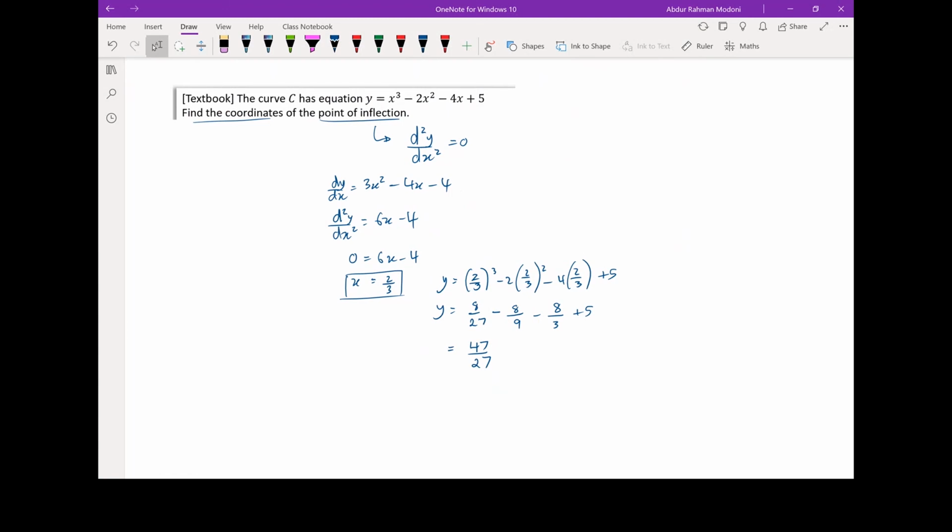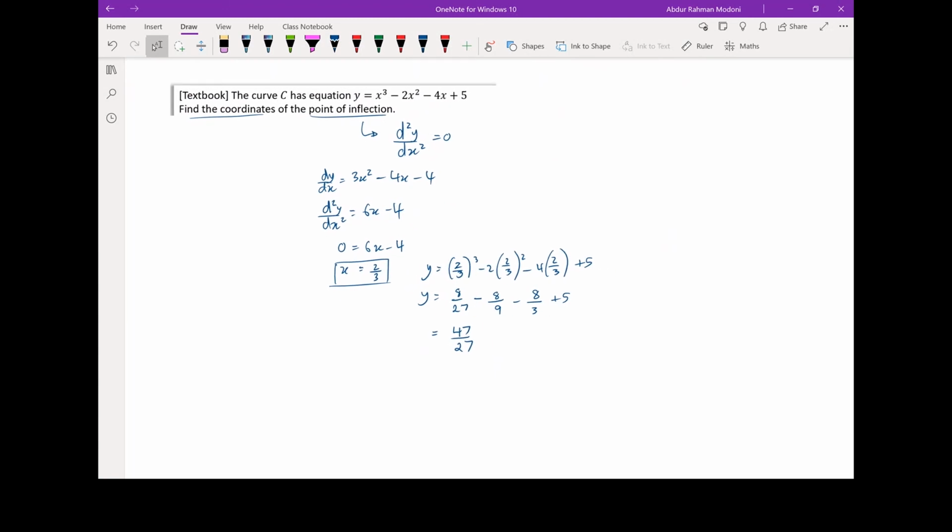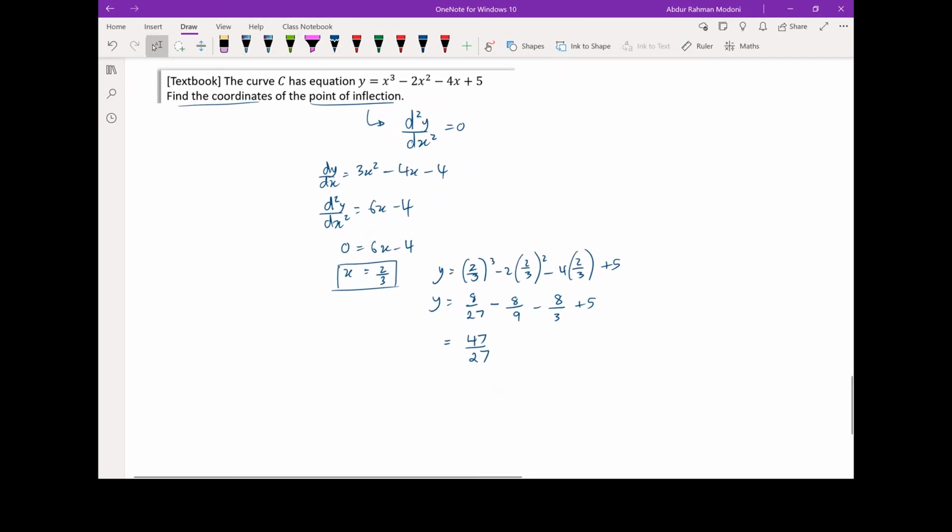How can we prove that this is the case? They might say, show that this is a point of inflection. I know they haven't said that here, but we've discussed it earlier. How do we show it's a point of inflection? We need to look at a value either side. So remember what happens: a point of inflection goes from concave to convex. Suppose this value here is x = 2/3. We want to show that a value just before it is concave, and a value just after it is convex. So a point just slightly less than 2/3,